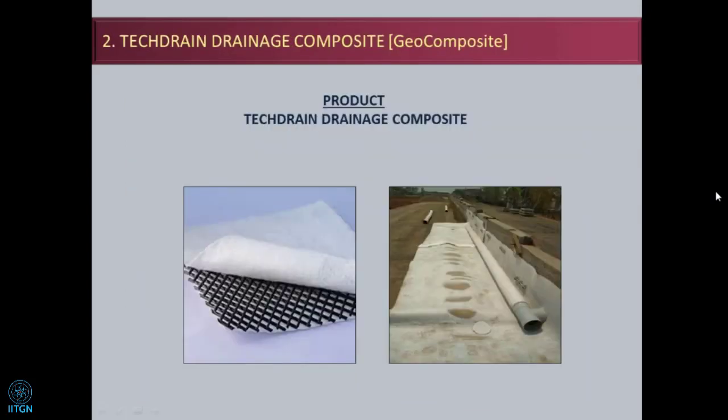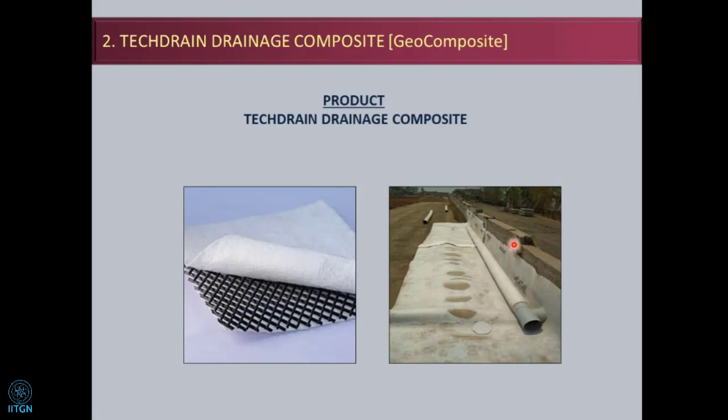The next product is the drainage composite. As I just told you, it has already been considered for various drainage applications, and it is also widely used with reinforced soil wall applications. So you can see this drainage composite. There is a pipe arrangement also at the bottom, and it is also wrapped with geotextile. And with this particular construction of the wall, it can go up to the top of the wall.